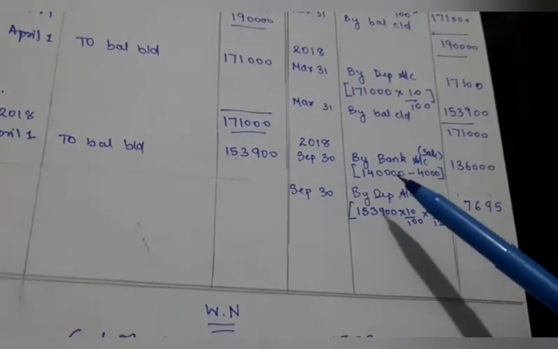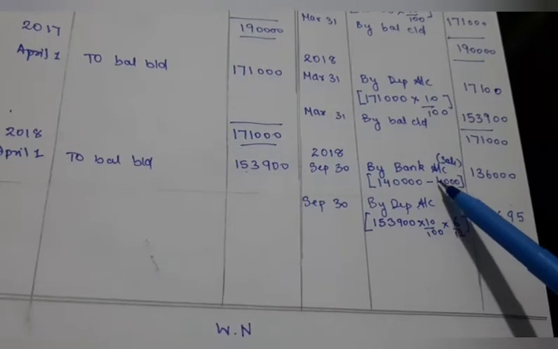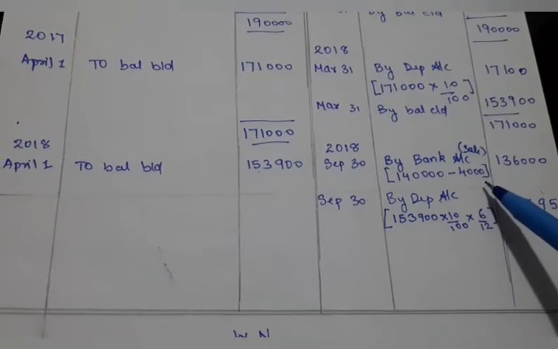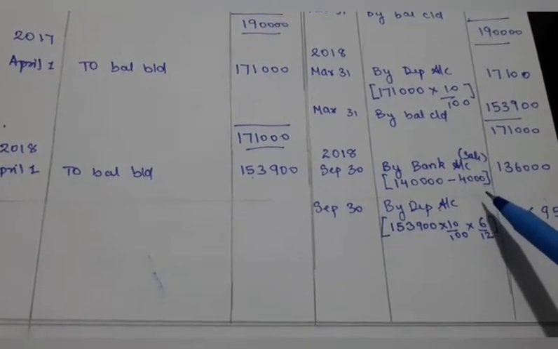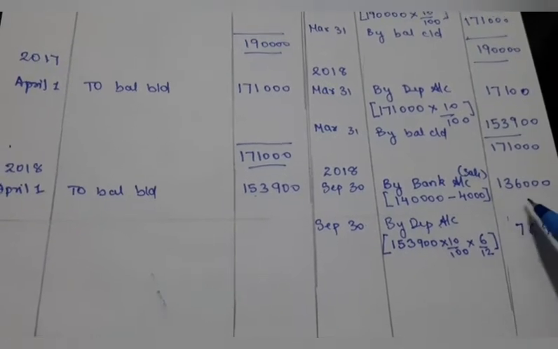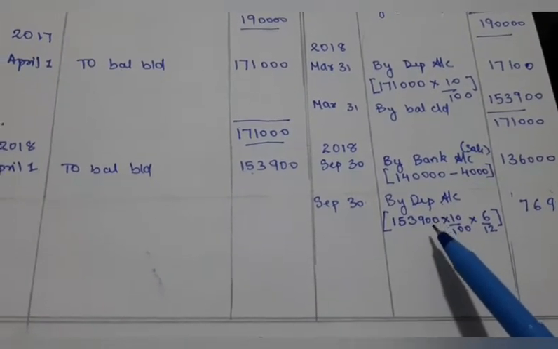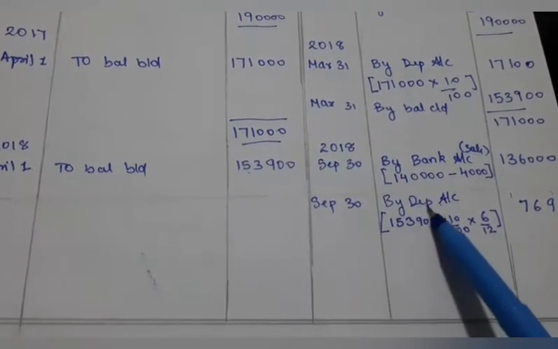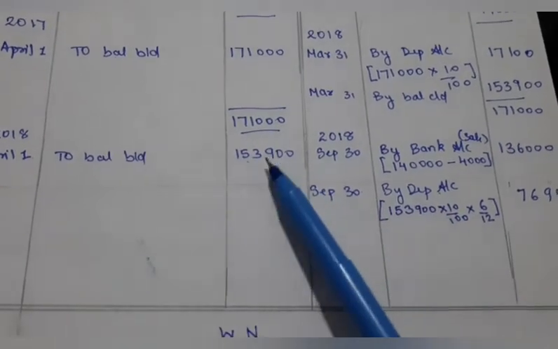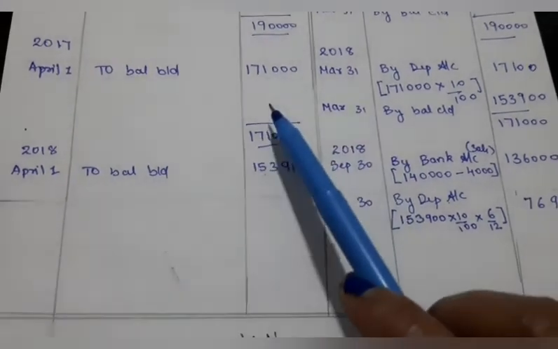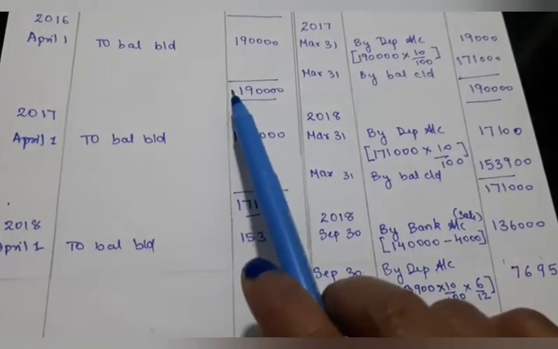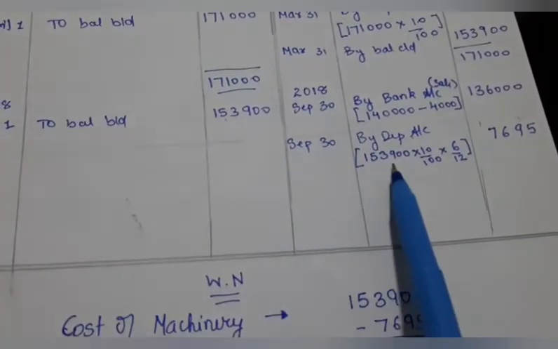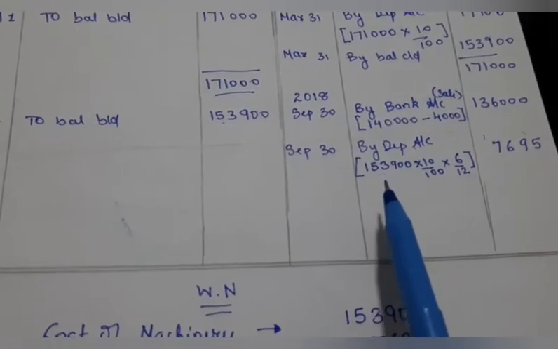So students, we saw that when a machinery is sold, what is its sales value? It is given that the sales value is 1,40,000, but some charges are given to dismantle this machinery, so the overall sales value is 1,36,000. And we saw the depreciation to be charged on this machinery which we are going to sell. It is not on the cost of that machinery that we calculate depreciation, but on the balance amount. Every year, if you notice, we have charged depreciation on the balance amount of that machinery.